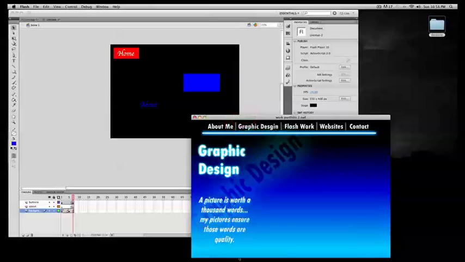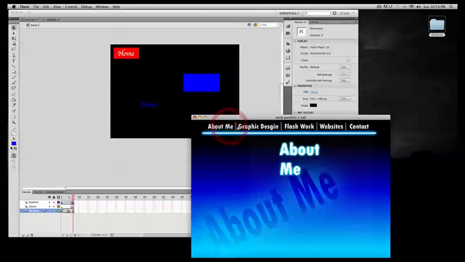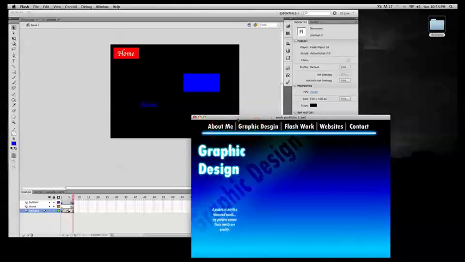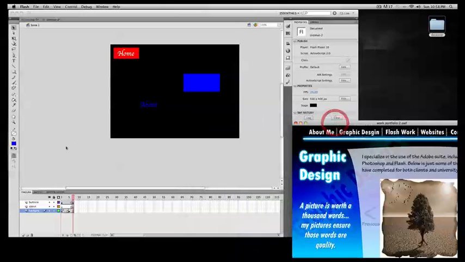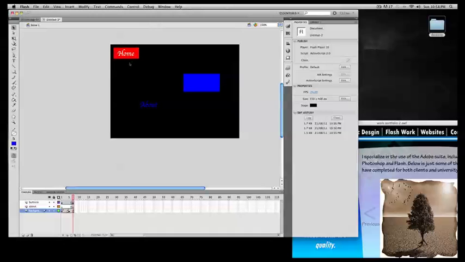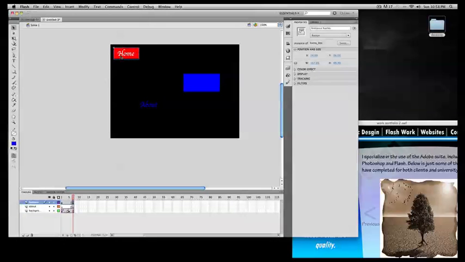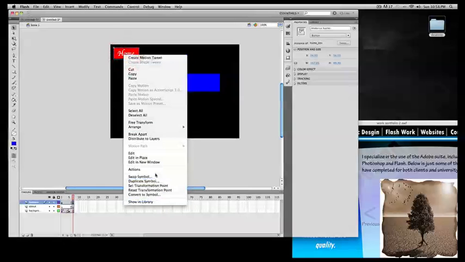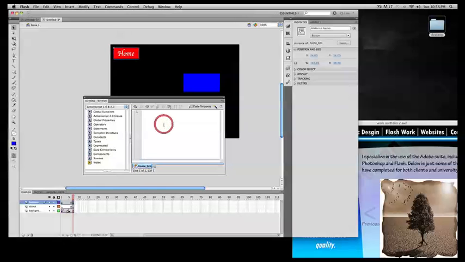But to get the whole motion happening and jump in between different screens, we're going to need some code. To do this, we're going to initialize our first code on the home button. Now, right click, actions. We're going to use on event handlers, similar to on event handlers using ActionScript 3, and this will be a light introduction for you for when I do show you how to use ActionScript 3 in